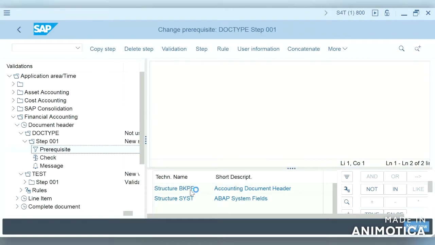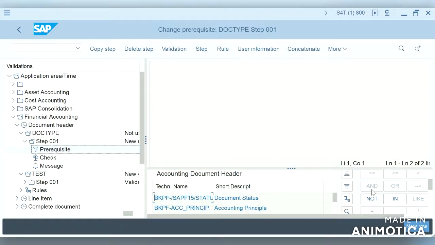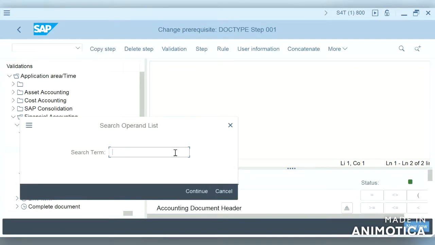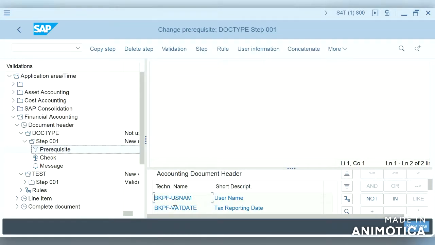We can find it in the BKPF table; in the search we can give the username. So BKPF USNAM. USNAM is the name of the user field. If we click on continue, just double click on it and the username will get added here.